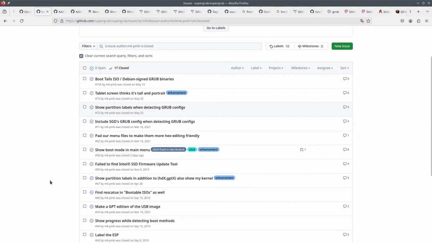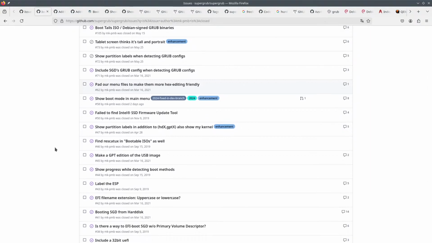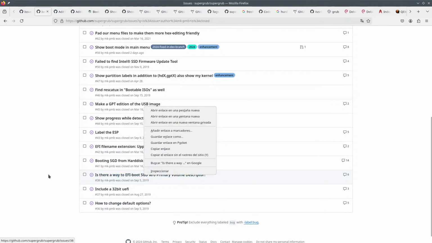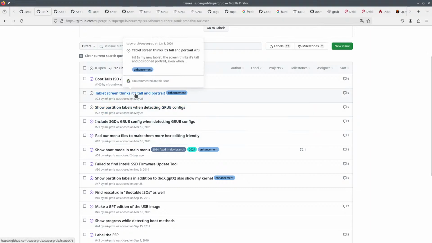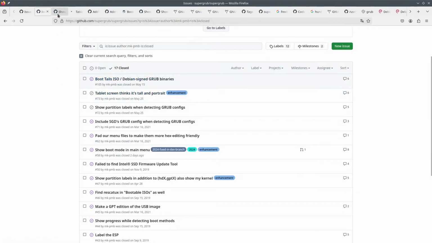There was something about, maybe he was not the creator of this. Find rescatex, GPT, show progress, label, extra bootiness. Is there a way to EFI boot? Was it something? I mean, it was from this year, so I'm not sure. Where the hell is this?